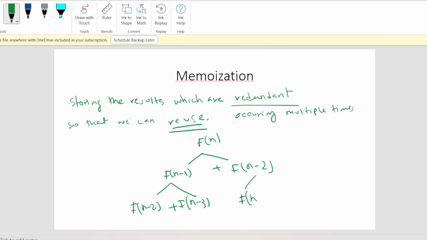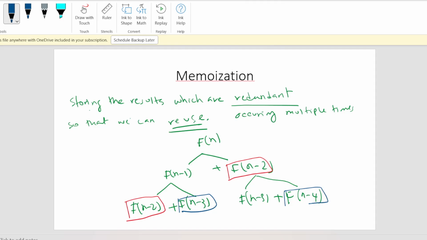From here we have f of n minus 3 plus f of n minus 4. And we have overlapping subproblems here and here. And we have overlapping subproblems here. Here. And if we continue, আমরা যদি আরো